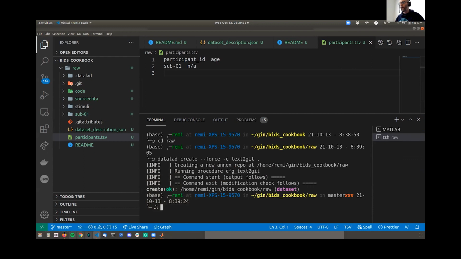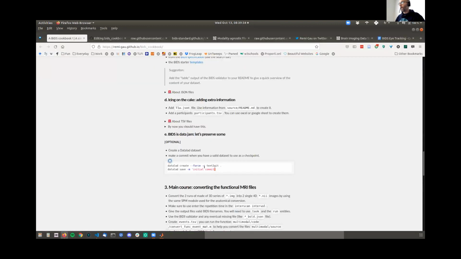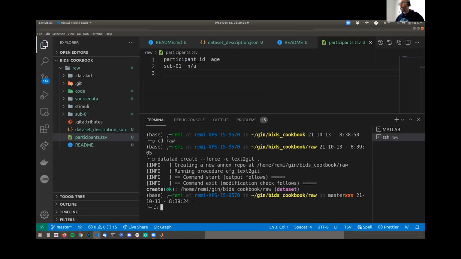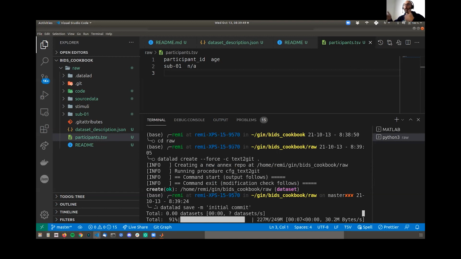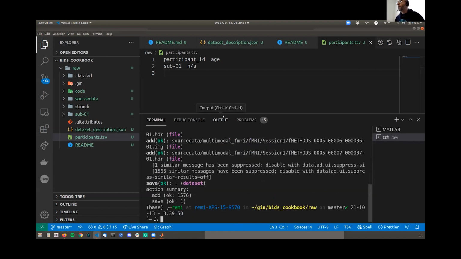Then you make a first save with a little message so that you remember what that was about. I like doing that at irregular intervals while creating data, every time I have a BIDS valid data set, so that I can always go back to a state where the data set was valid.